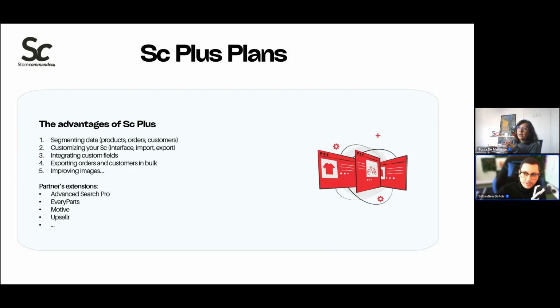So the Plus plan is obviously a bonus for you, because you're going to be able to do a lot more with your shop, which is at the end of the day just to make more money anyway, because we're providing tools that will help you manage all this side of the PrestaShop store. That's correct. And if you don't have it yet, you should have a look into it.